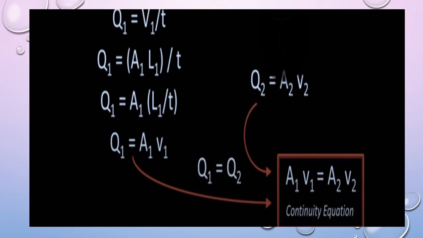Now as the liquids are non-compressible, Q1 is equal to Q2, so we can write A1 V1 is equal to A2 V2. That is referred to as the continuity equation shown here. This is the simplified form for the non-compressible liquids we have discussed in fluid mechanics. If you think of the statement of conservation of flow, which is really the conservation of mass applied for